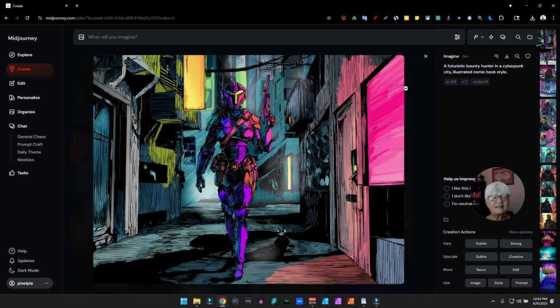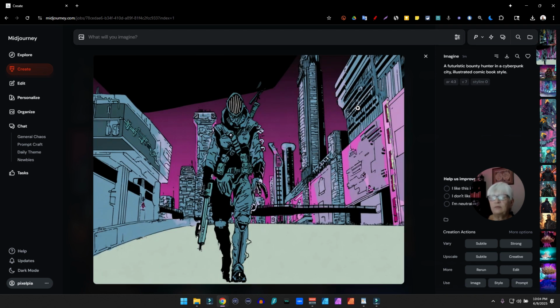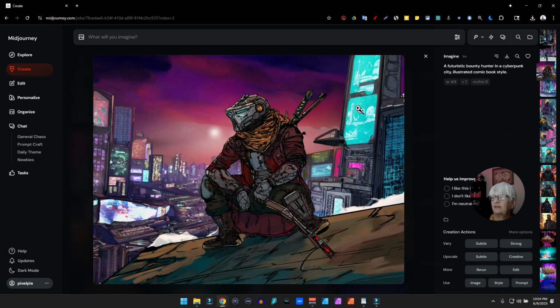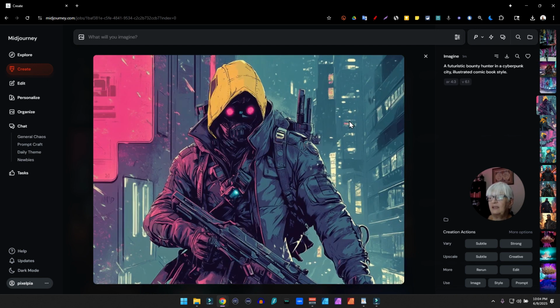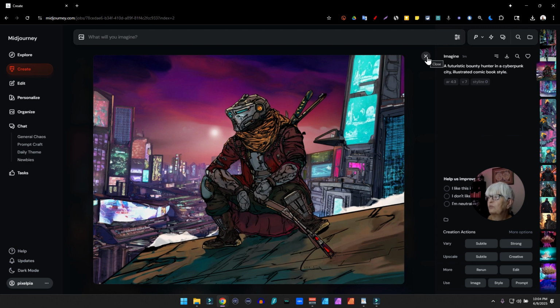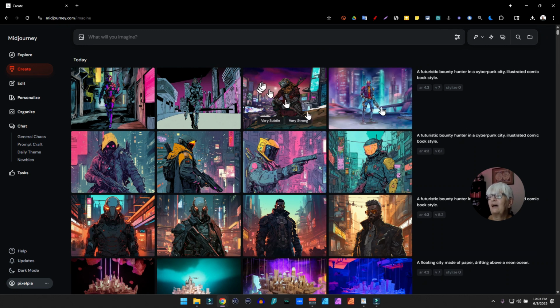And here we have 7. Here the style is more differentiated between the images, and I can see why. The strong suit for model 7 is photorealism. So when we asked for illustrated comic book style, it's not its strongest forte. So for this specific prompt, I would probably use 6.1 if I was going for something comic book illustrative.